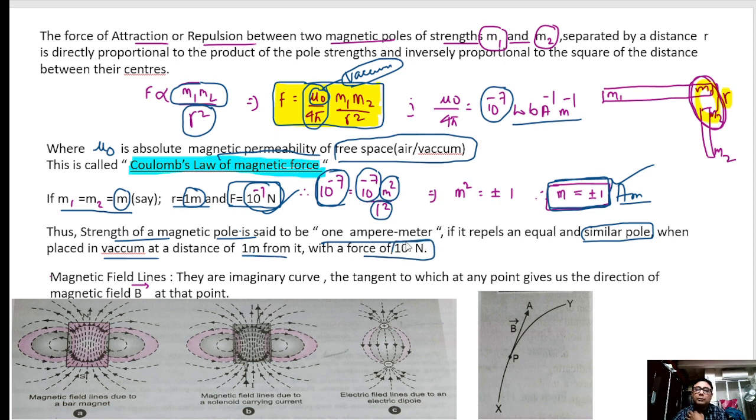So then only 10 to the power minus 7. So then only we can tell that the two magnetic poles are said to be 1 ampere meter. Okay. So next we are